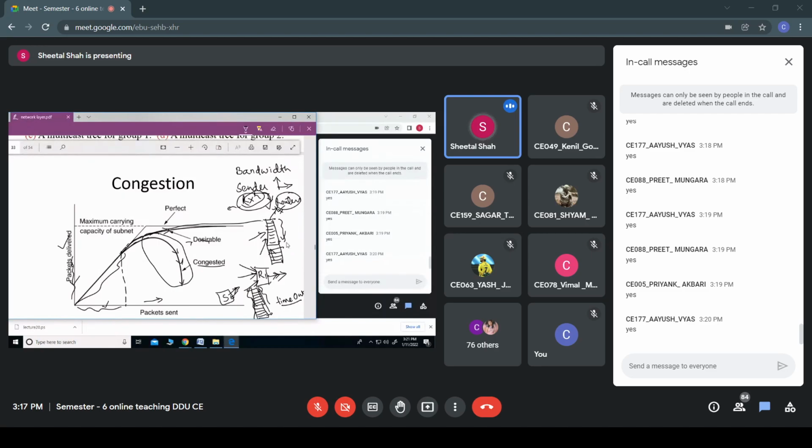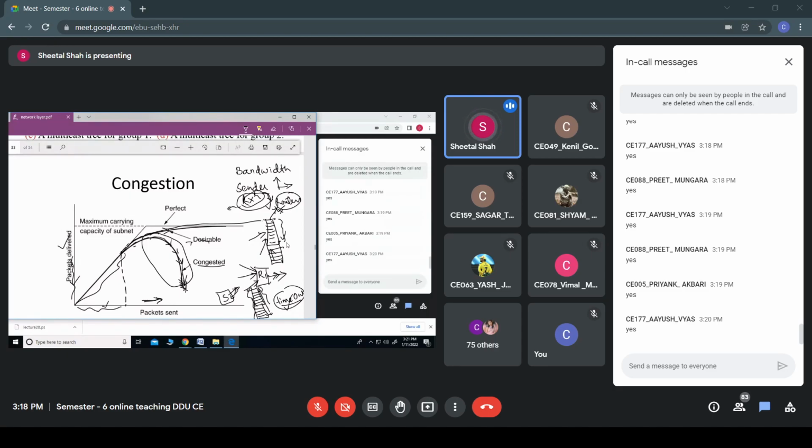The other reason can be, as I said, the packets would time out and more packets would be arriving. So you can see here, even if I'm increasing the buffer, due to the timeout, more packets would be there in the network, and it would still increase this congestion, and the overall performance of the network would be reduced. You can see that the packets are not delivered efficiently. Fine.